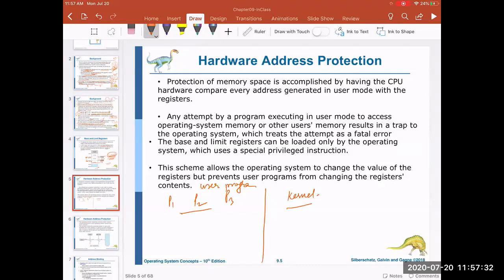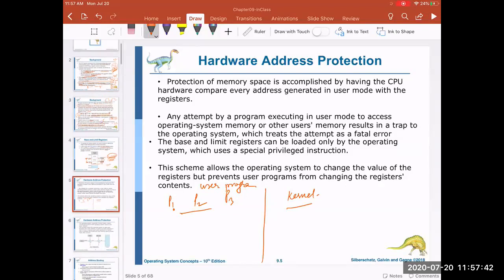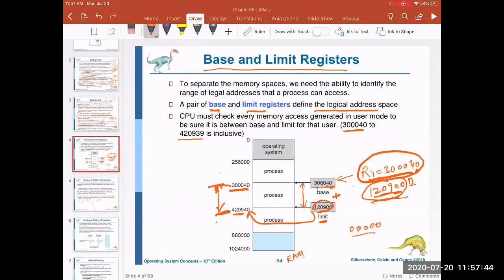So it may be possible that these can access the memories, so we have to preserve those locations. Like this memory, if it is allocated to P1, should only be accessible by P1 only. It should not be accessible by anything else. So let us suppose this memory space is allocated to the kernel. This process should not be able to sneak into this particular memory, because all our memory locations, hardware is